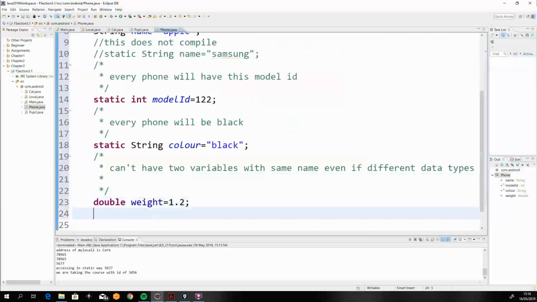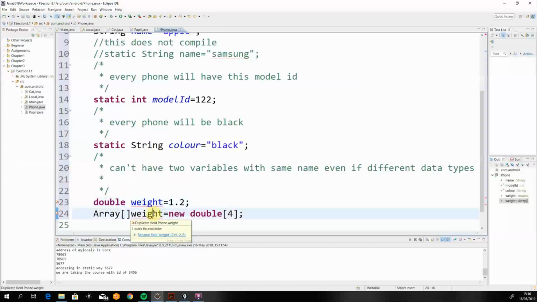I can't go with the same name as an array. Now this guy here is a double. This guy here is an array. You can't have two variables with the same name. So if you know that rule,